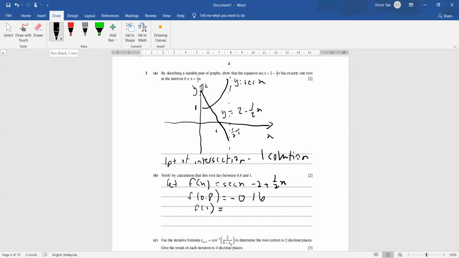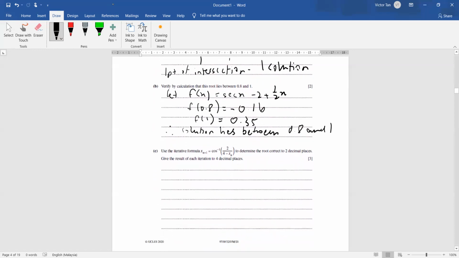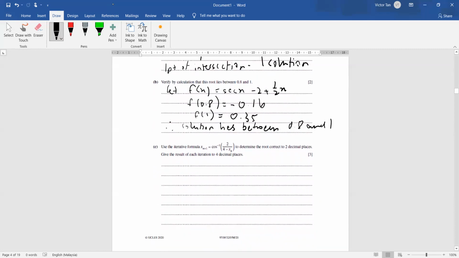This is 0.35. So there you have it, one positive and one negative. And you can make a conclusion that the solution lies between 0.8 and 1. Okay. Use the iterative formula x_{n+1} = arccos(2/(4 - x_n))